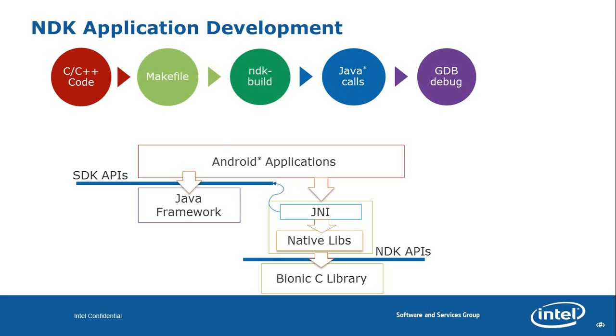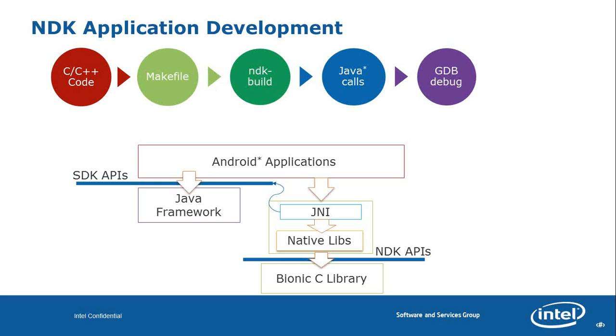Till now I talked a lot about what the NDK is versus the Dalvik application, what the advantages and disadvantages are. I also gave you the case study for x86. But what is the actual development cycle? How does it look? So here is the block diagram which pictures the application development cycle.